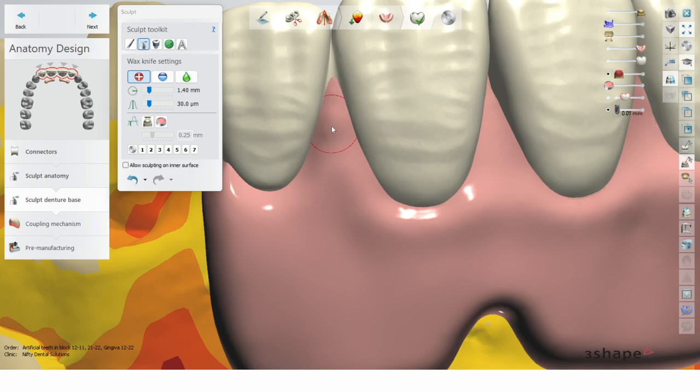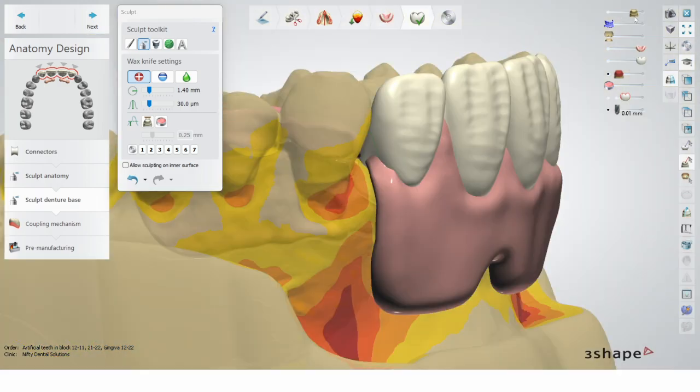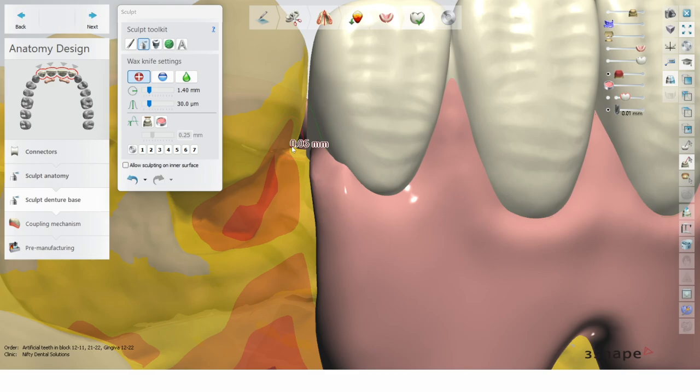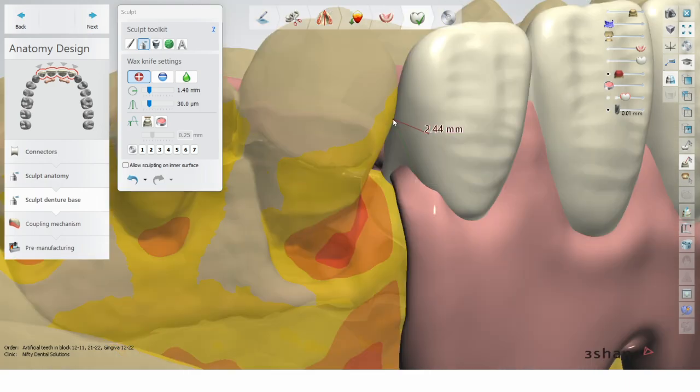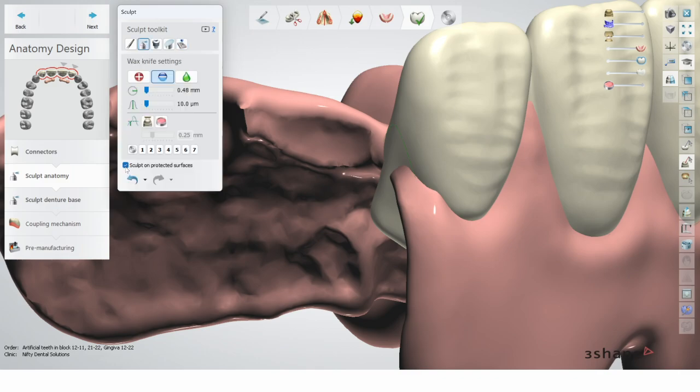Now, here I want to wrap around the tooth. Unfortunately, we are a bit tight, but we can do something because we have to. I want to fix the area. So I go back on Sculpt Anatomy. I select the wax knife and I click on Sculpt on Protector Surface.